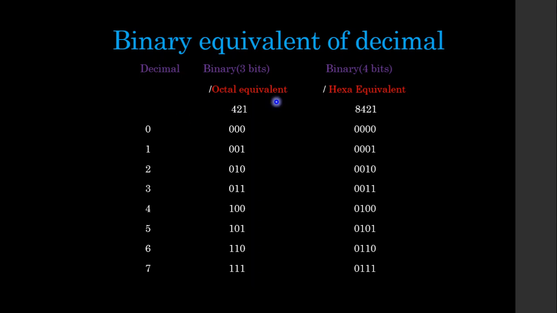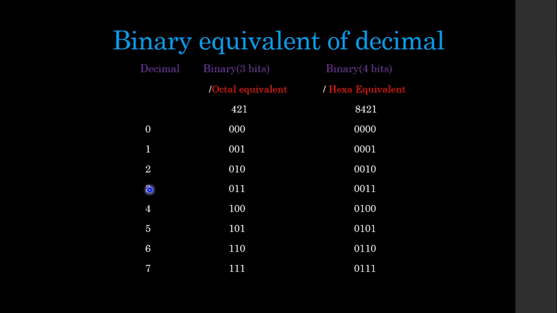For an octal number, you have a maximum of 3 bits, 1, 1, 1, which is the value 7. So octal has decimal values from 0 to 7, which is 8 numbers, and these are all the binary equivalents. So how to write the binary equivalent? For 0, there are no values in any position, so 0, 0, 0. When you want to represent 1 as an octal number, only the one position is present, others are absent, so put 0. When I want to write 2 as a binary number, I fill the place value 2, and the remaining 1 and 4 are 0.